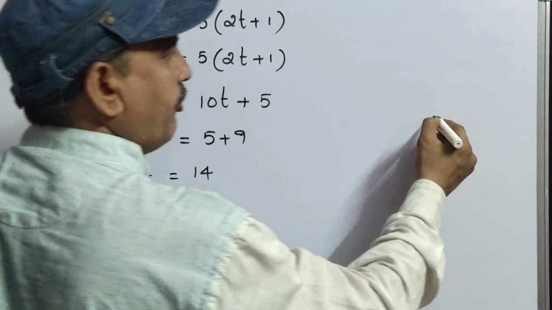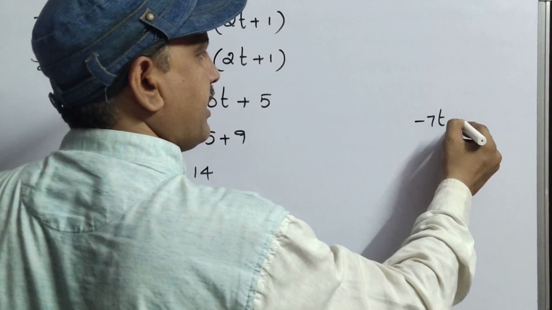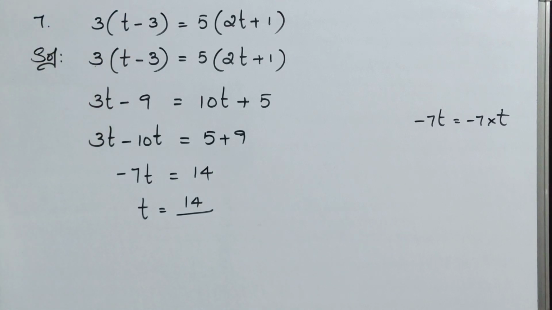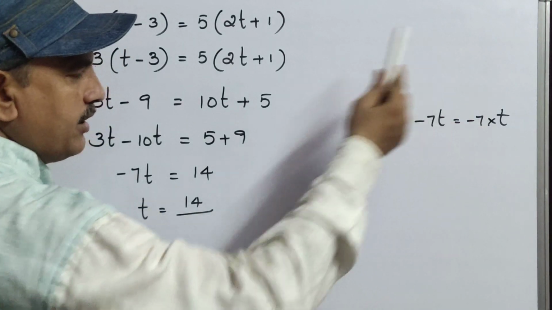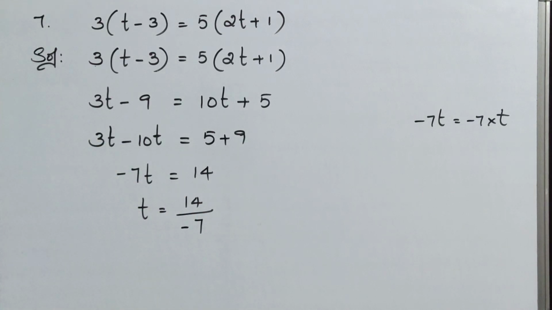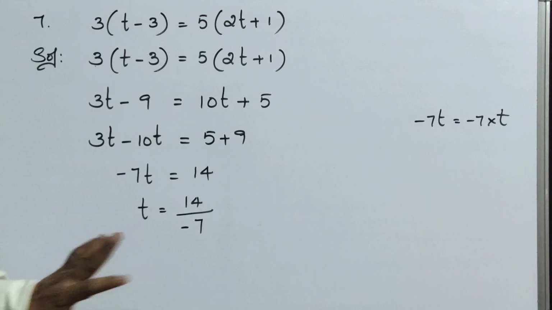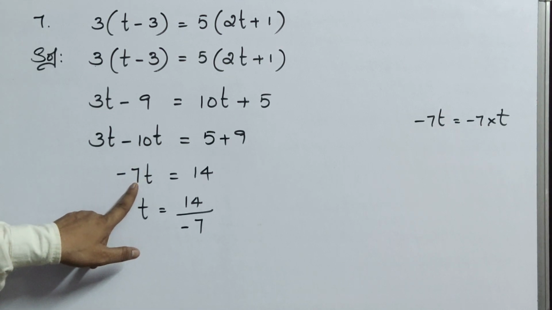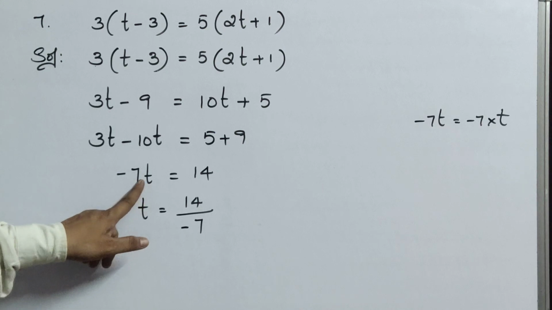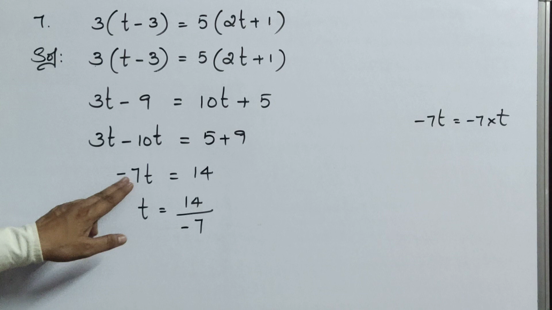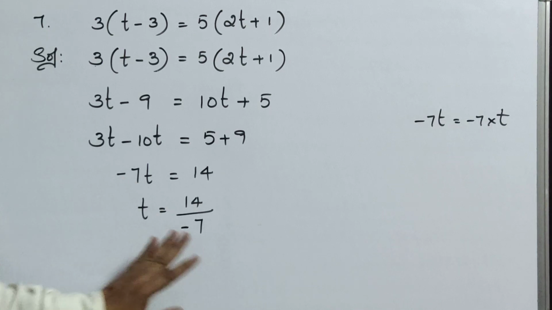You know what is the meaning of minus 7t? Minus 7t means minus 7 into t. Okay, so into will go that side, means what will happen? Division. So minus 7. You all may get doubt now here. Sir, minus no, why can't you change to plus? No, it is into, because unless the number and the variable have either plus or minus only, it will change. When there is into, it will go directly along with the same symbol.